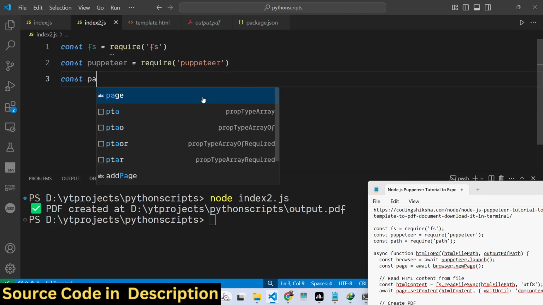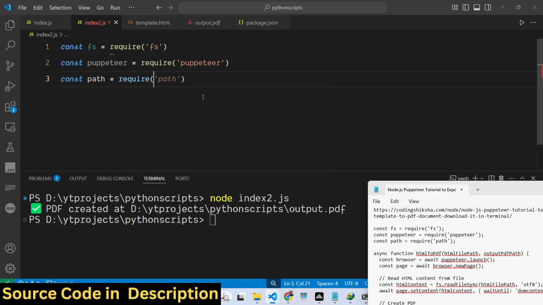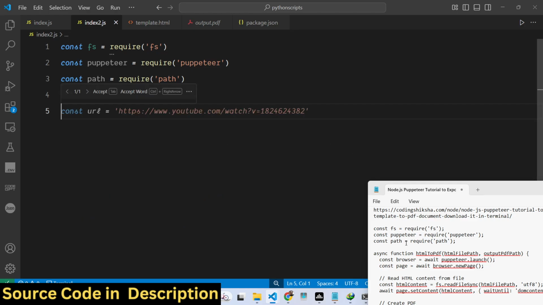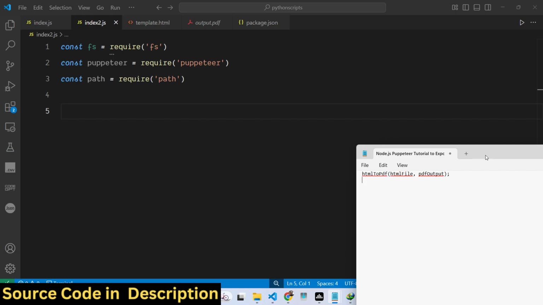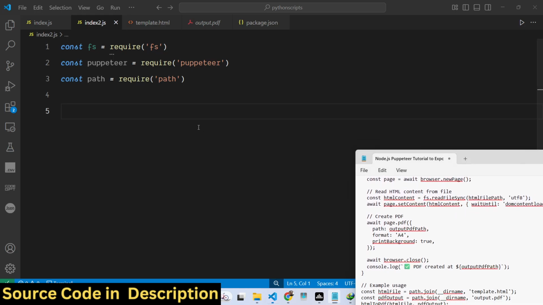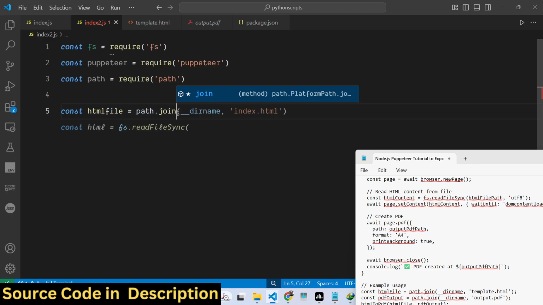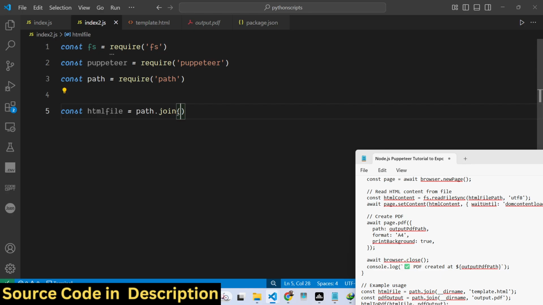After that, we also need to require the path module, and after that we just need to mention which file we are converting. So in this case here we need to specify all the files here. So the HTML file, so the file needs to be present in the same directory. So here we are taking simply this index.html file,